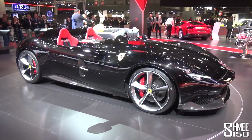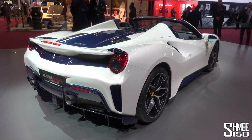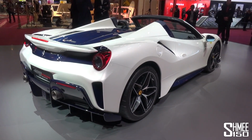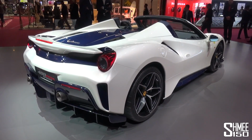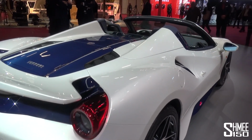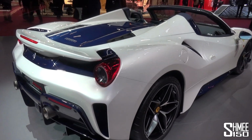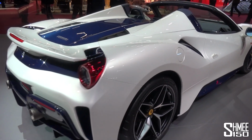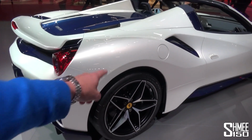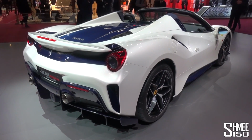Now, as well as those beauties, we also have on the stand the Ferrari 488 Pista Spider. The track-focused supercar was launched a couple of months ago at Pebble Beach. Built on the 488 Pista Coupe, it incorporates the folding hardtop found in the 488 Spider itself. Like the Pista, in the back we have a 3.9-litre twin-turbocharged V8, mid-rear mounted back here, all the power going to the rear wheels, all 720 horsepower and 770